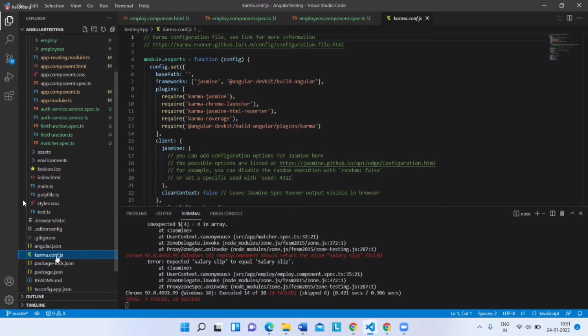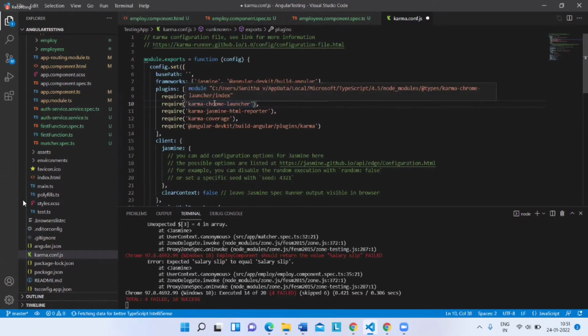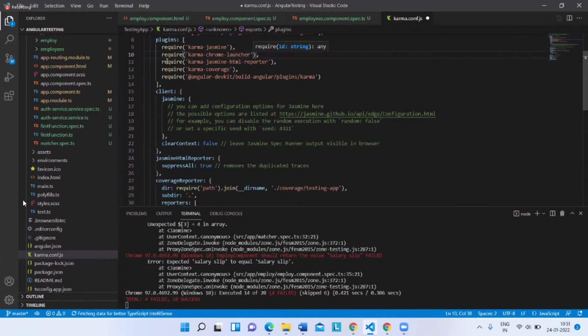When you open this, you can see that by default karma-chrome-launcher is there. If you want to use Internet Explorer, you can give a comma here and then write karma-internet-explorer-launcher. So that will help you do it. In case you are adding another browser apart from Chrome, first you need to add that configuration here.